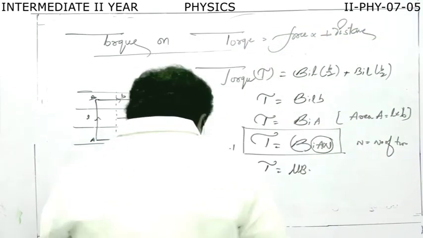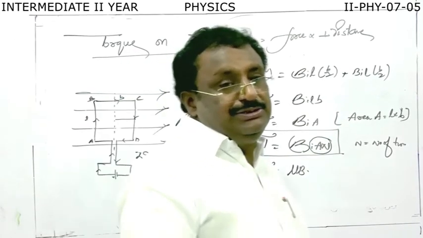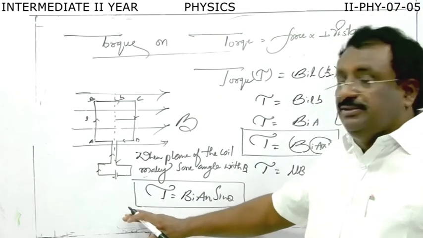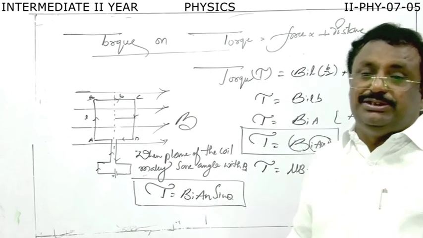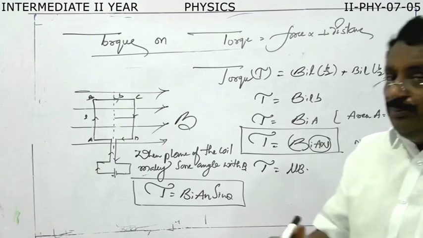Based on this equation, there is one measuring device, the moving coil galvanometer, which works on the basis of this formula. In the next class, we will discuss measuring devices. So, before going,